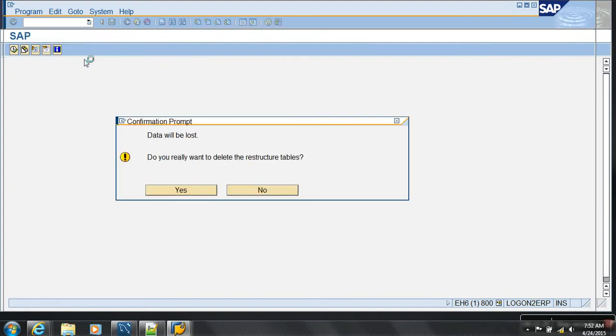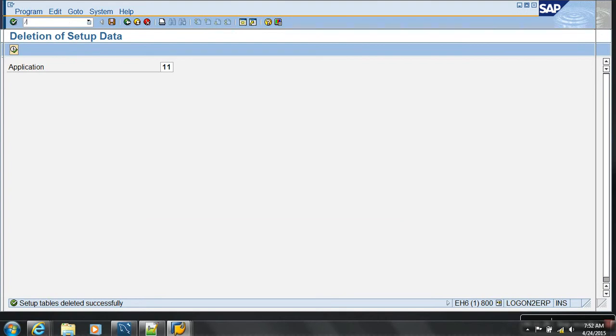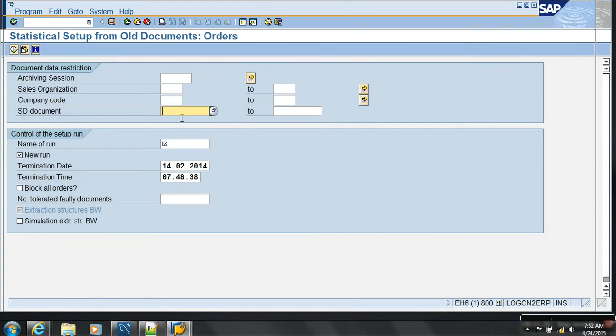First, do this. Then go to T code OLI7BW. I don't run for everything. I just want to trigger only for some document numbers, because it takes a lot of time. Only for this. It means I am loading only these sales orders, not everything.